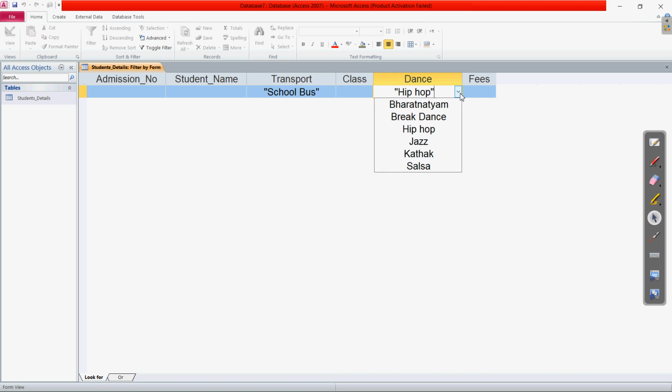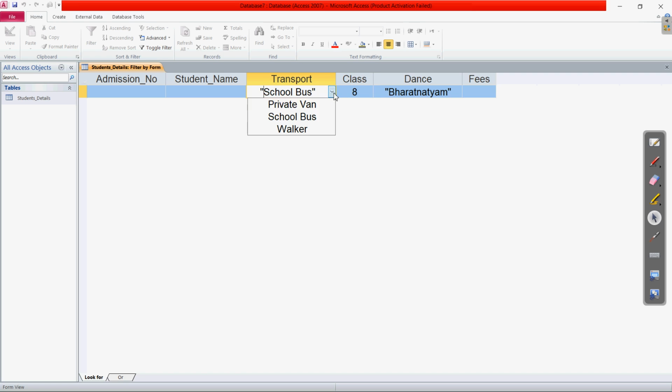In the dance form, if you want to choose Bharatnatyam, okay, then we want to see whether there is any student from class 8th who is learning Bharatnatyam and who is coming to the school with a private van. Clear? So now we are using three criteria. So if all of these three criteria are correct, only then will that be displayed to us.